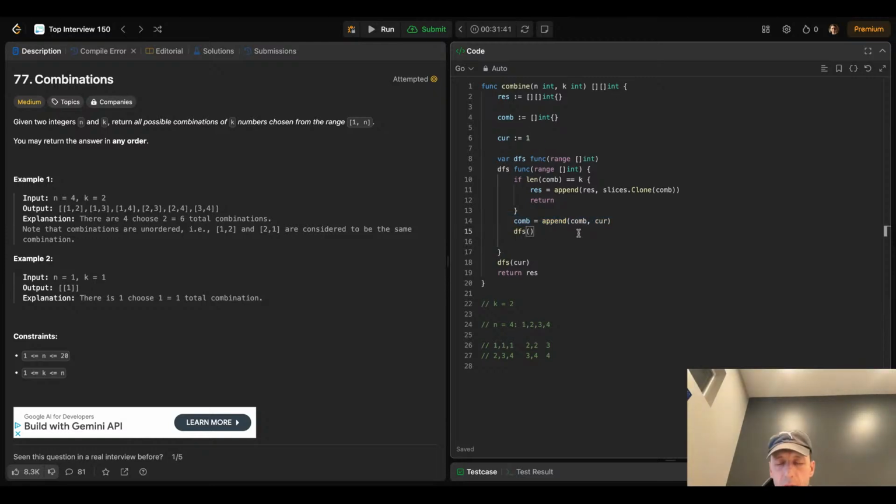And then we'll call DFS with current plus 1. And here we have to say comb is comb without the last one, the length of comb without the last one. So we added, and